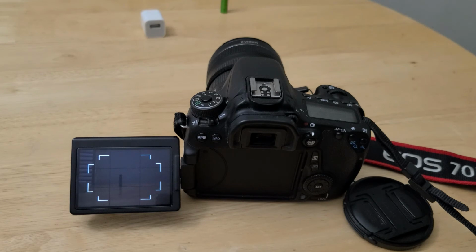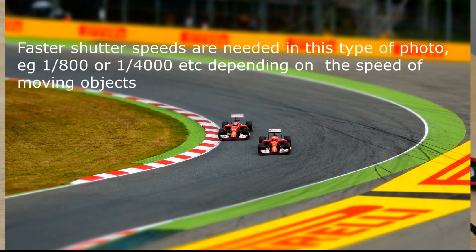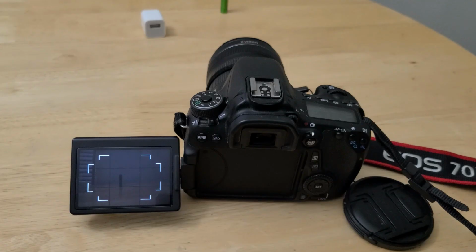So that's one use. The other use is, let's say you're watching a car race or a rally where a lot of cars are going around, there's a lot of dust and a lot of people are moving around. If you were to use a slower shutter, you probably would not see a car, or you'd only see dust and some colorful lines across the photo. So in those cases, you can use a much higher value.